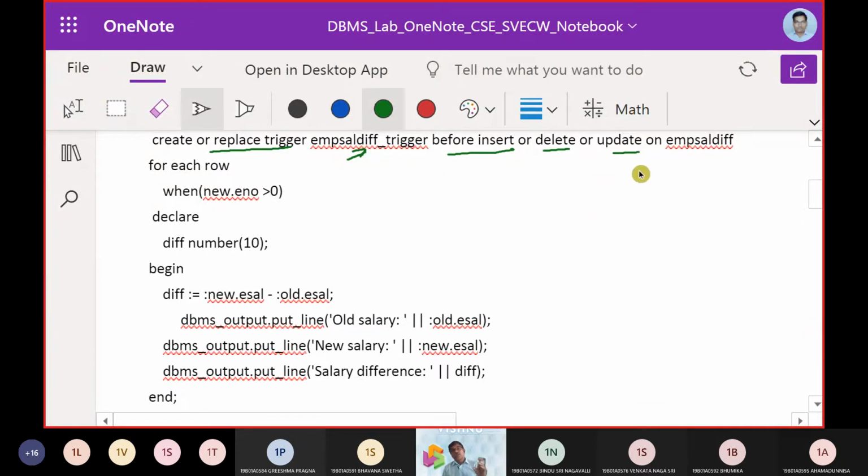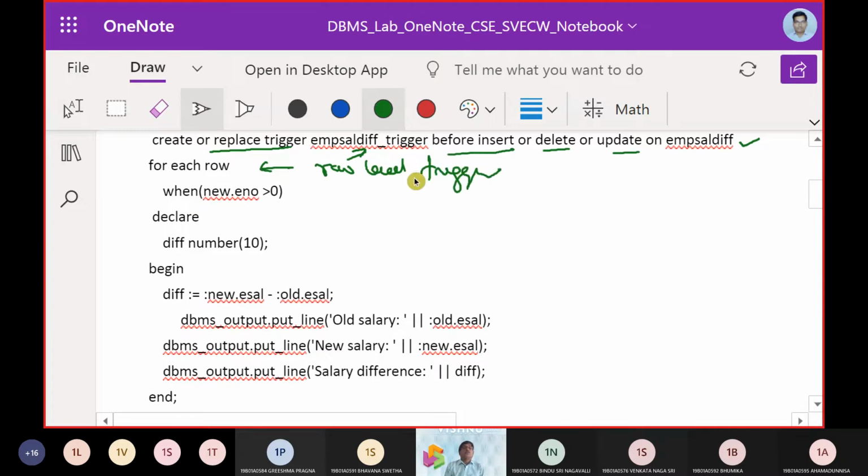So this trigger is going to fire before an insert operation, before a delete operation, and before an update operation. All these 3 things are going to happen. So it is again a row level trigger.